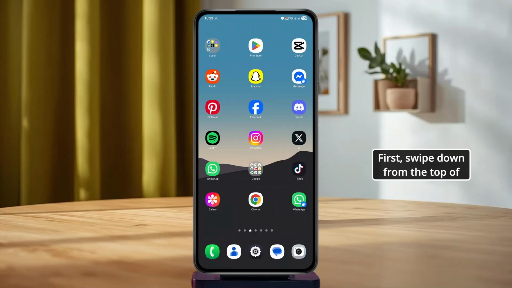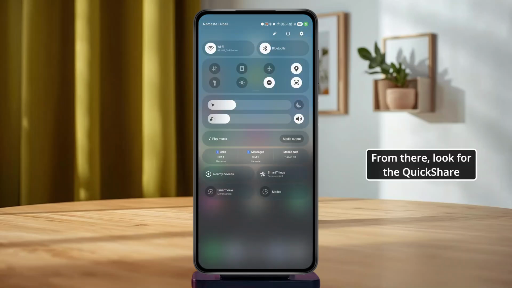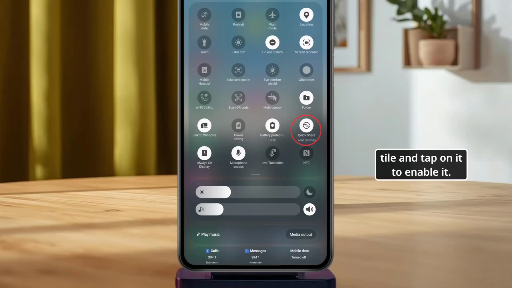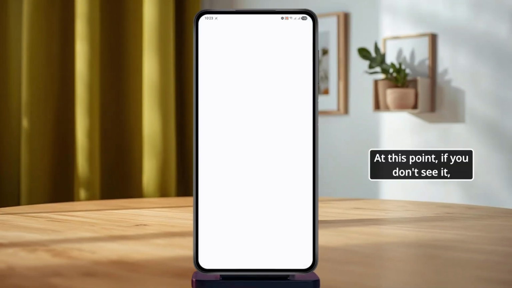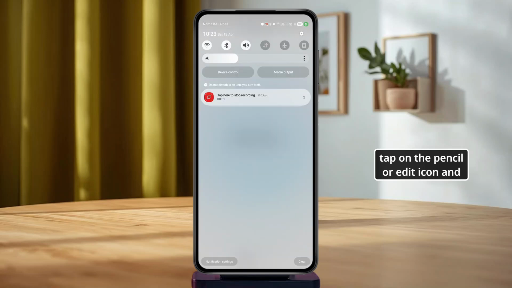First, swipe down from the top of your screen to open the Quick Settings panel. After that, swipe down again to fully expand the Quick Settings menu. From there, look for the Quick Share tile and tap on it to enable it. At this point, if you don't see it, tap on the pencil or edit icon and add it to your